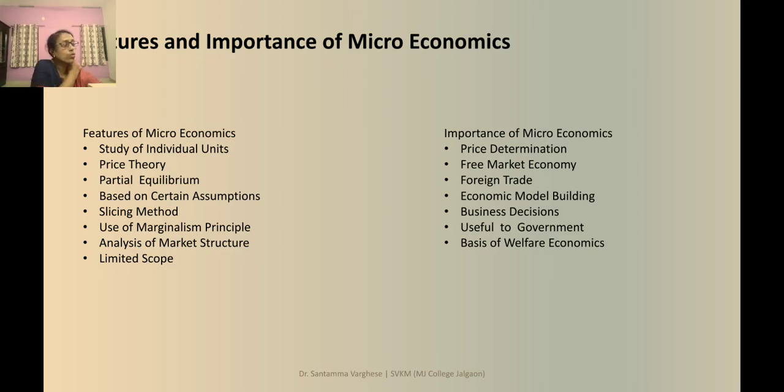The next point is use of the marginalism principle. Now what is this marginalism principle? Marginalism. Use of the marginalism principle. What is marginalism? It is the key role of microeconomic analysis. The term marginal means change brought in total by studying the different things as an additional unit. So marginalism analysis helps to study various variables through the changes. Producers and consumers take economic decisions using this principle.